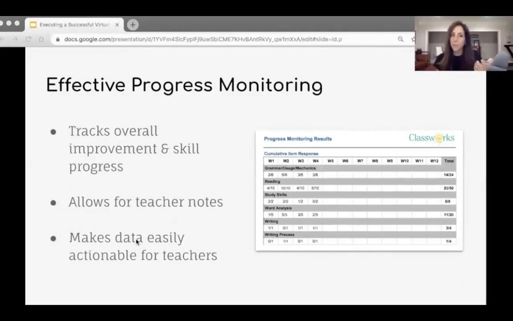They also want to see skill-specific data each week. This is especially important if a student is referred to RTI to track progress on one key skill or domain. And finally, the teacher should have the ability to take notes, right? Make notes. One thing we anticipate this fall is teachers noting whether a student participated in progress monitoring remotely or